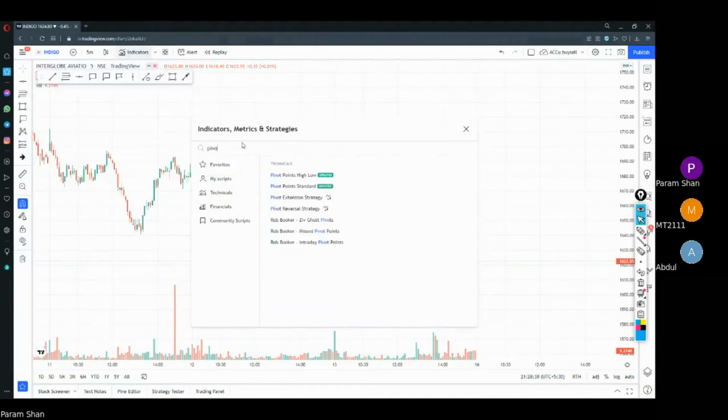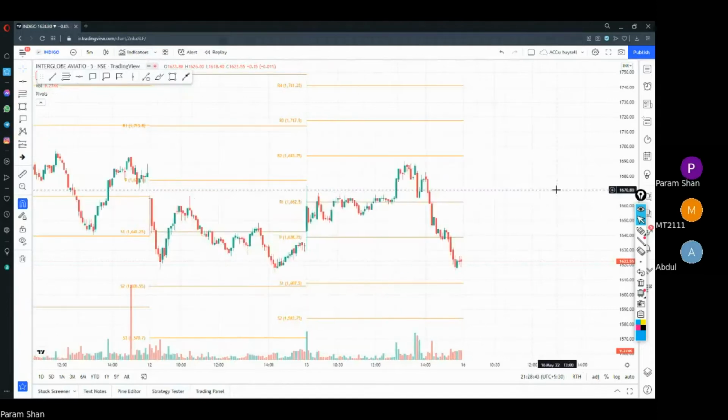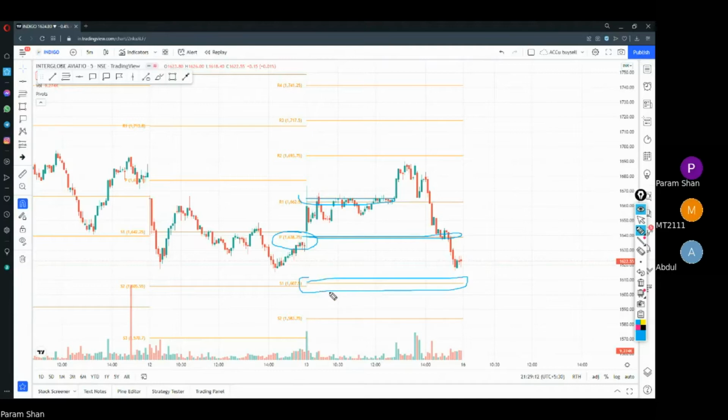pivots. Okay, so pivots are something that is calculated based on the previous day's trading. So this is the zone where we are saying pivot. This is the place we can talk about it based on the previous day. For the next day, the resistance level and the support level, the system will calculate on its own, and it